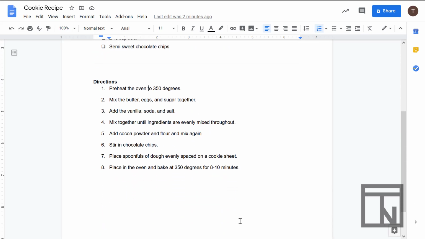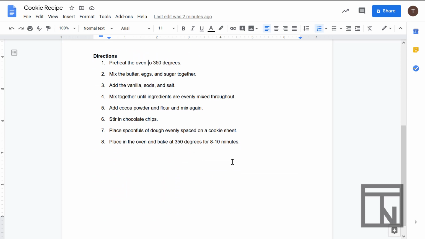And now that we have the word count, I want to come to the very bottom of my document, hit Enter, and automatically it's going to generate a new numbered list item because we're currently in a numbered list. So to turn that off, you can either click the icon, you can hit backspace, or you can press Enter, and it will delete that number 9. Now I want to type in the words word count with a colon, and I'm going to record my 98